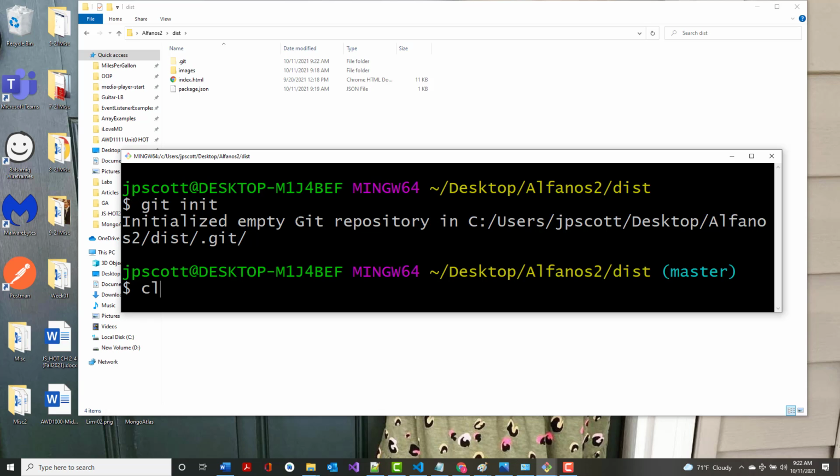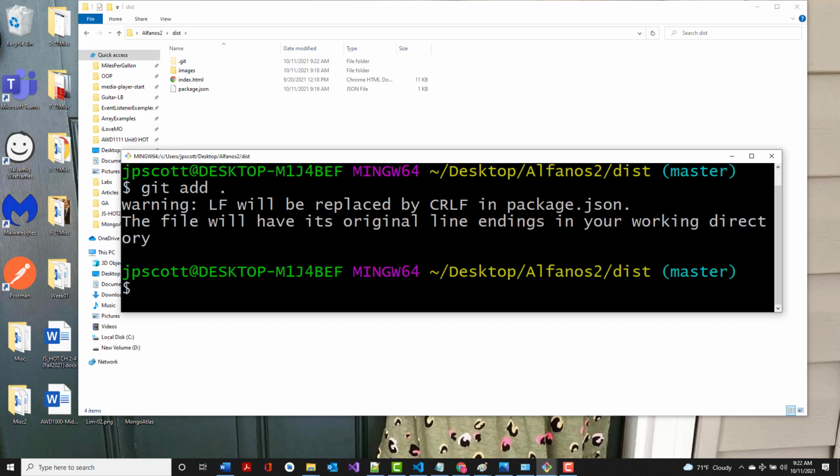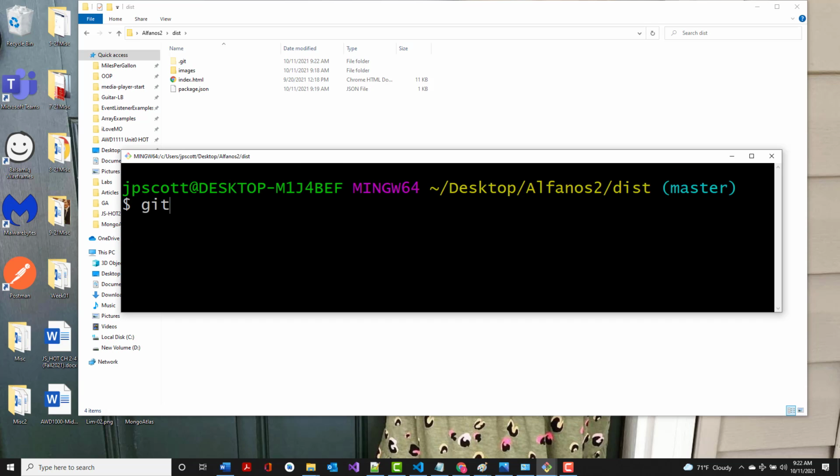So the next thing to do then is to do a git space add space dot, and that's adding everything to our new repository. All right, so we've got all that done. We're not finished yet, so I'm going to clear again, and I'm going to say git space commit space -m